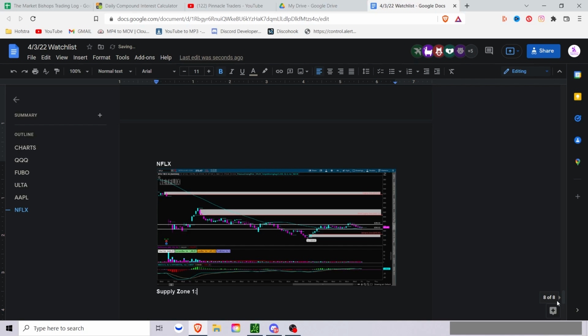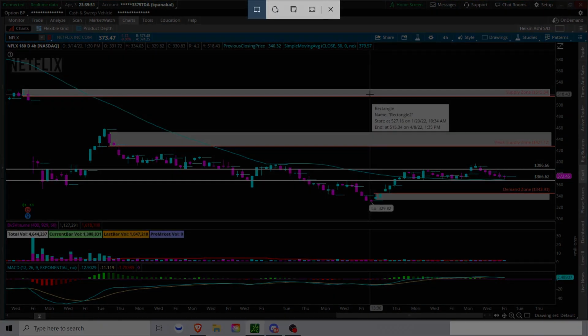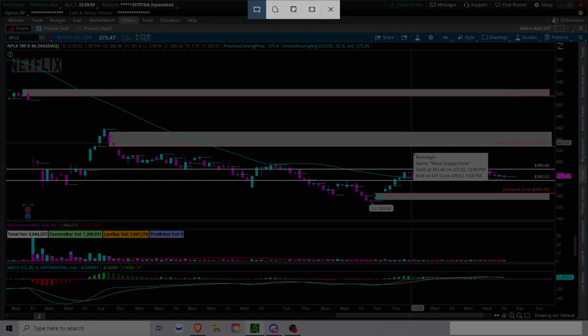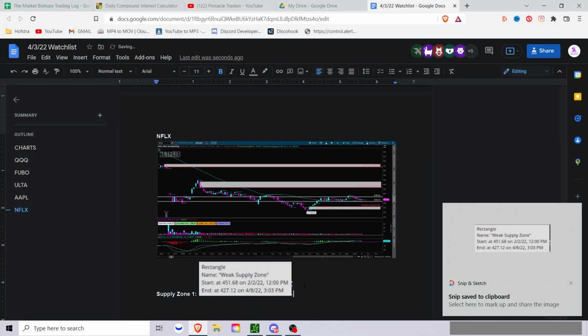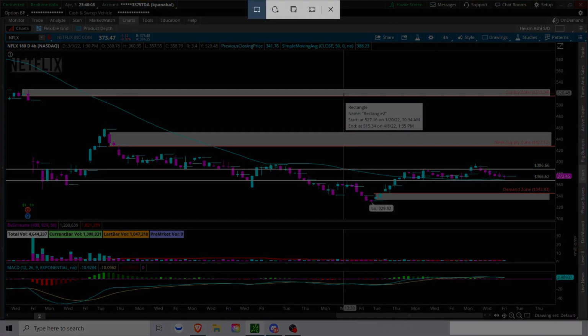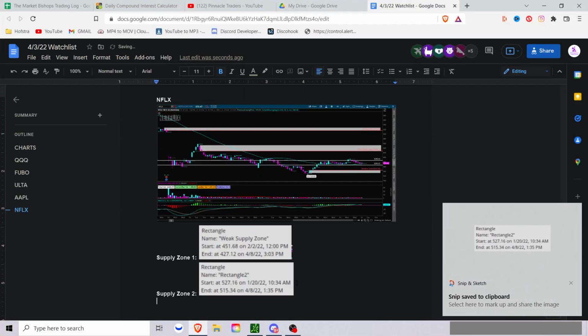So we had 2 supply zones for Netflix. The first one is going to be from 427.12 to 451.68. And the second one is from 415.34 to 427.16. Then we have the demand zone